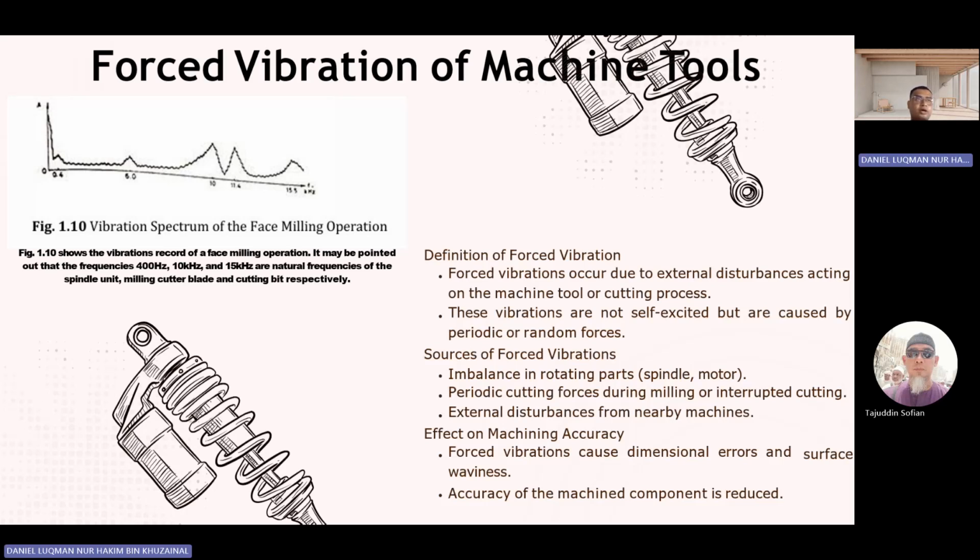Even other machines can make the machine more unstable because the vibration itself can be felt through the machine, and it may cause the accuracy of the machine component to be reduced, which means if we are cutting, or we have a precise component that we need to make, we have to use